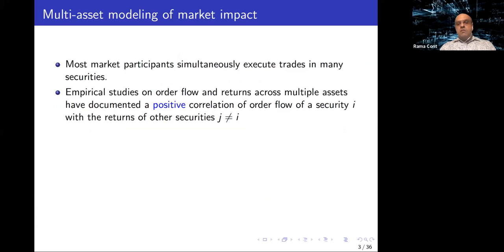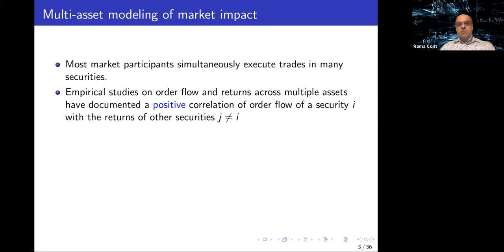this study I mentioned was for single stocks. We looked at all single stocks in the NASDAQ when we did this regression, but most market participants are interested in portfolio transitions, portfolio trades, where they simultaneously execute trades across many securities. And so they have access to order flow imbalance and returns across multiple assets, and they have looked at whether there are correlations across these variables across different assets. And it turns out that yes, there is a positive correlation of order flow on one security with the returns